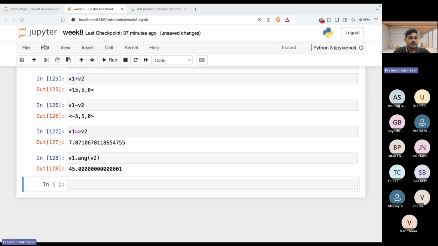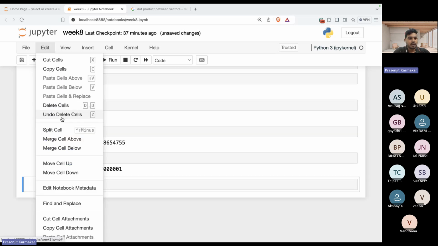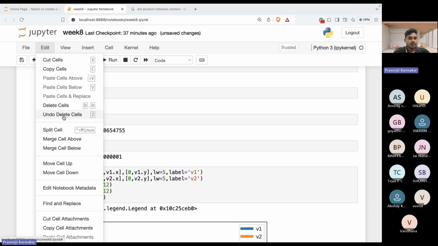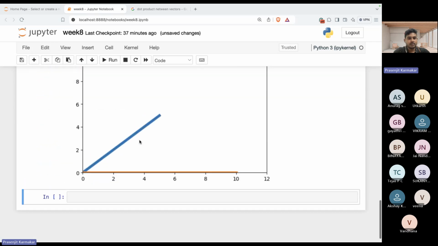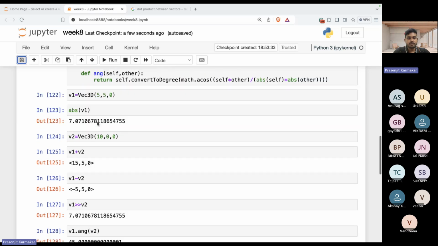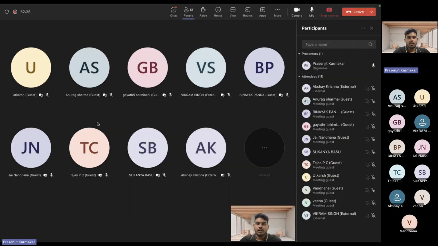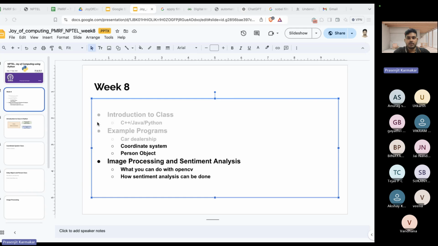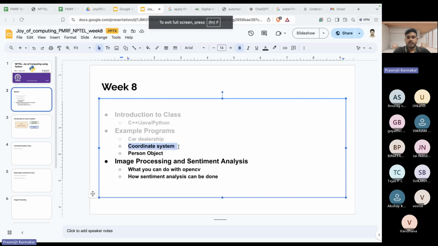Oh, let's not delete them. Let's just keep them here. The delete cells. Okay. Now, where is the? Sorry. Now, the coordinate system we completed. Now let's go for the